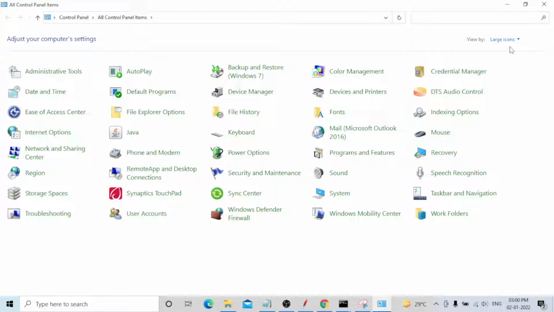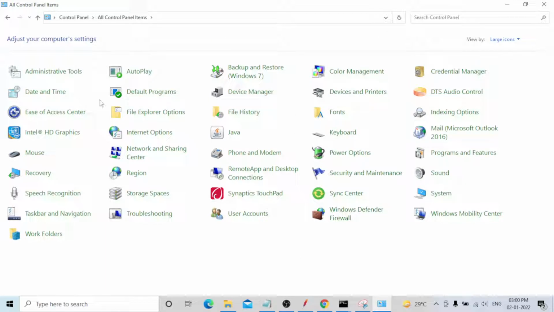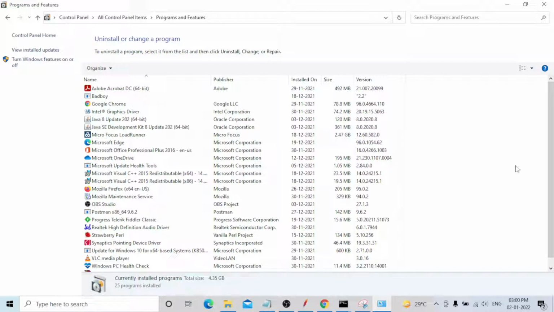Most of the time you are in the category mode. This is the category mode, it is not showing, and small icons also is not showing. You can select large icons. In large icons there is an option called Programs and Features. You can select that one. Wait for everything to load. Once it is loaded, you can click Turn Windows features on or off.